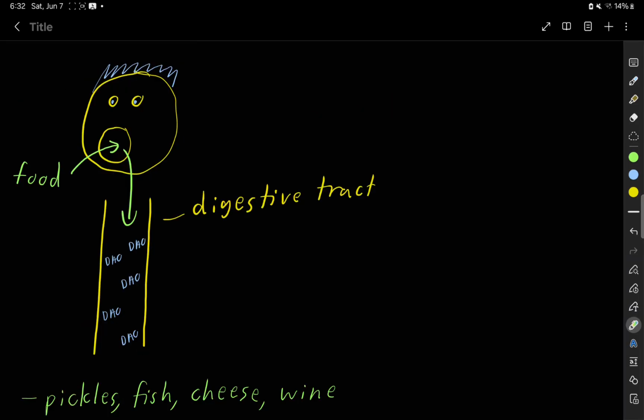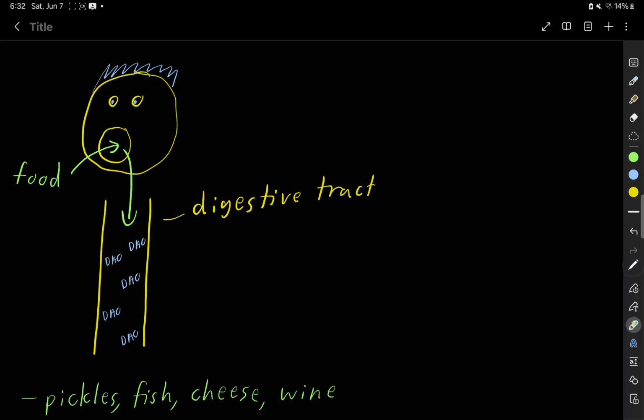So diamine oxidase in your digestive tract is very important. It helps keep an important balance so that histamine that's entering via food doesn't become excessive and cause adverse effects. It keeps things under control. But this balance can be thrown off. Some drugs and medicines may inhibit diamine oxidase. So if you take these drugs and you happen to eat too much food containing too much histamine, then there